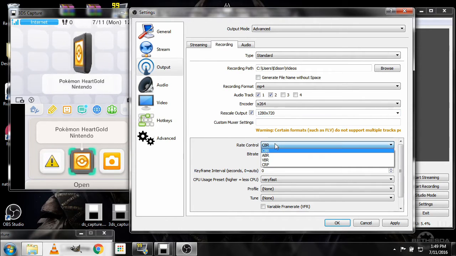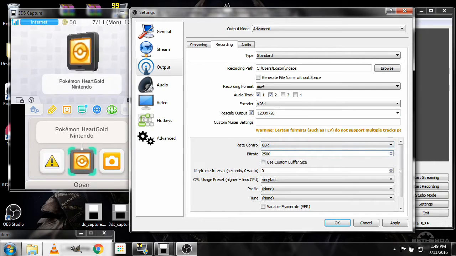Rate control, you're going to want to have that be at CBR. Bitrate. Now, you're going to want to experiment with bitrate. That's one of those things that, depending on what your computer is capable of doing, you'll want to move this up. Lower will run smoother on your computer if it's not as good a computer. Higher, it's going to be a little bit better quality. So mine usually can handle 2500 just fine. You might be able to do more. I might even be able to do more. But keep that in mind that if you're running into laggy issues, this is one thing to experiment with dropping